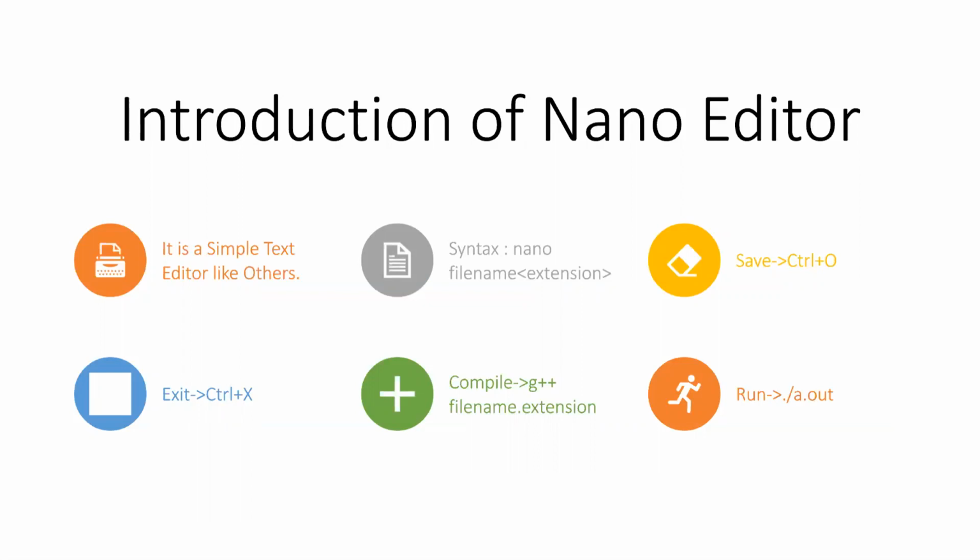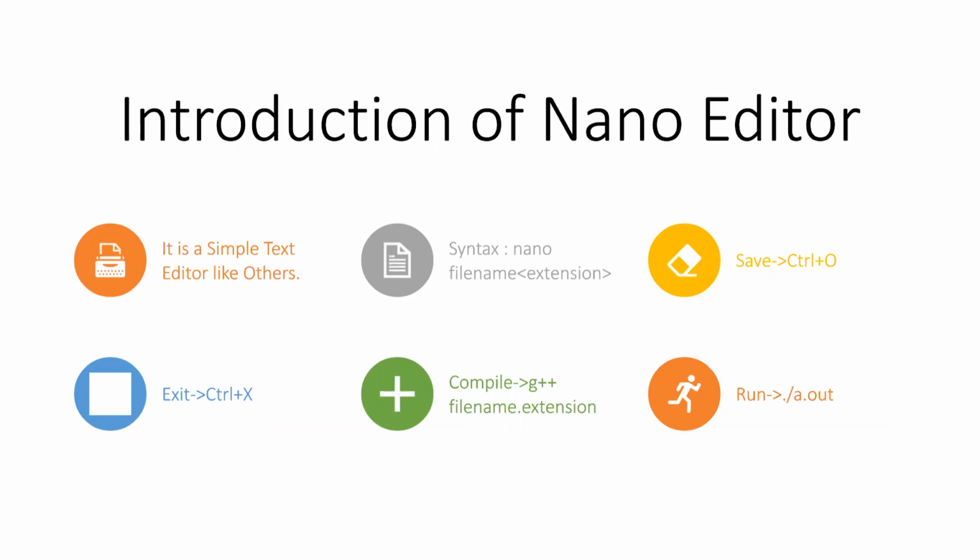Then you will see how many lines are there in that file, etc. Everything will be shown here. If you use Control plus O, then Enter. Then for exiting, meaning for returning to the terminal, press Control plus capital X, and you can exit from that editor and return to the terminal.